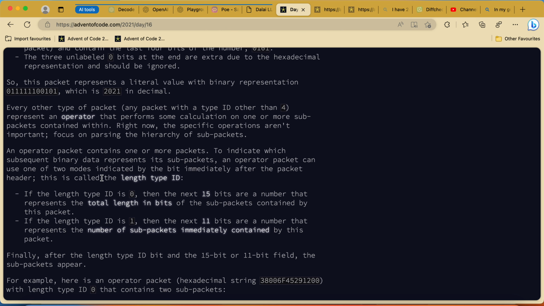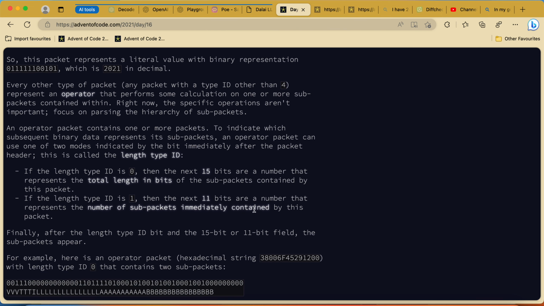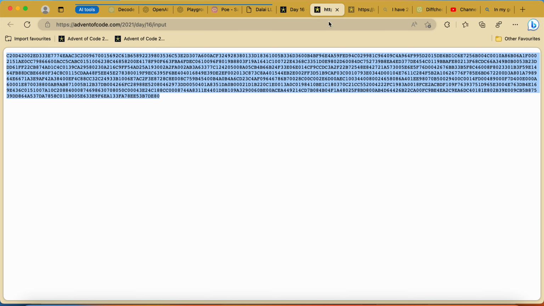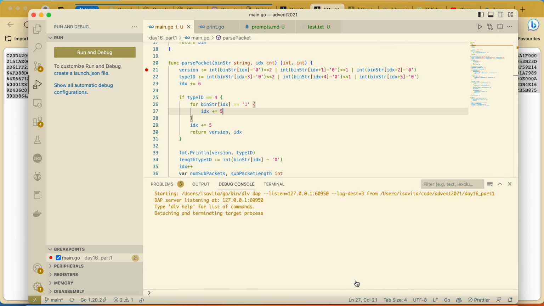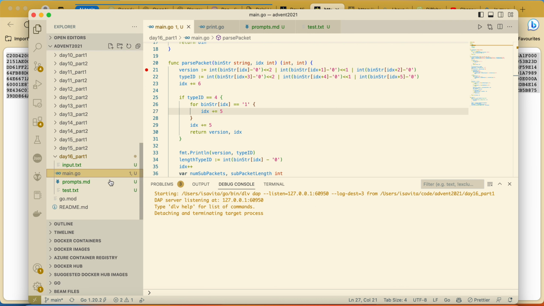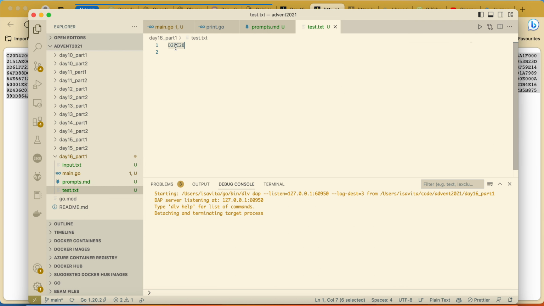Okay, an operator packet, that's any packet that is not 4. Let's grab this one, which is exactly an example of such a packet. Can put it in our input.